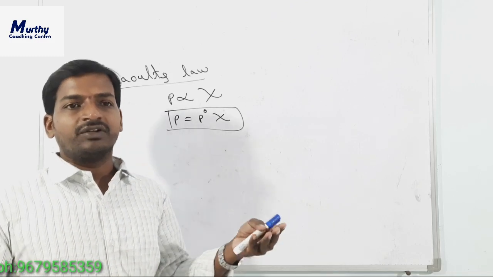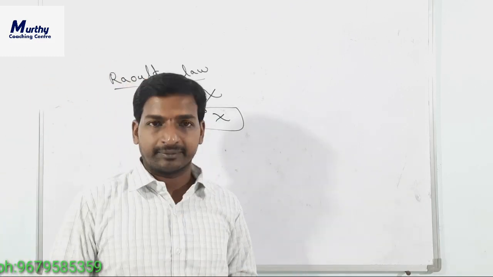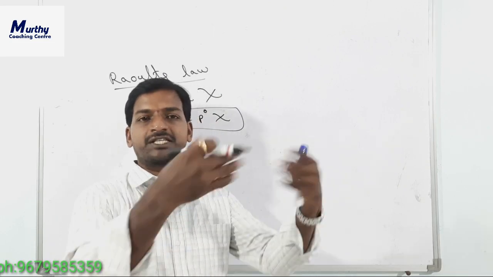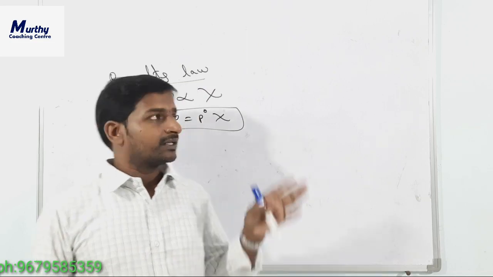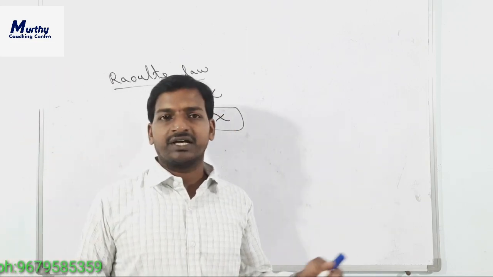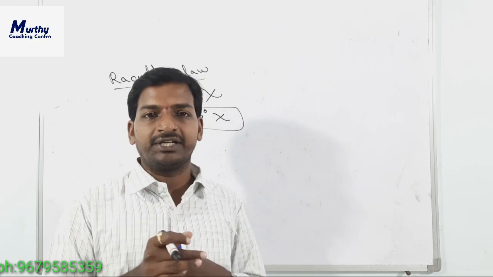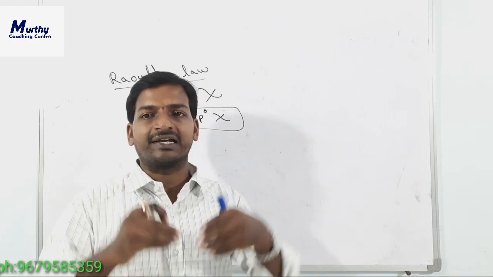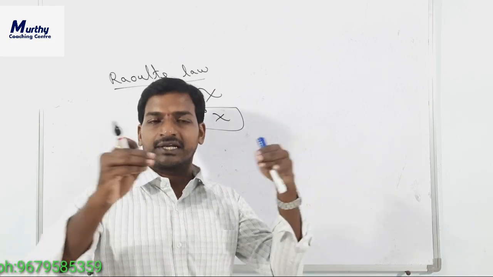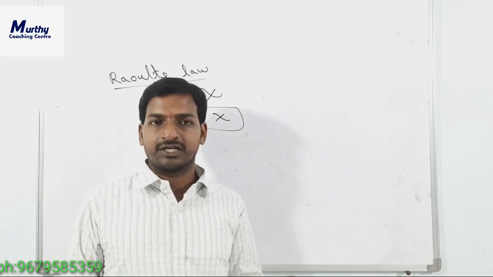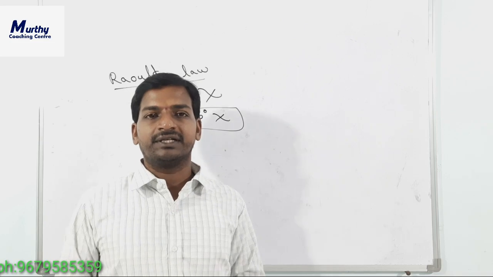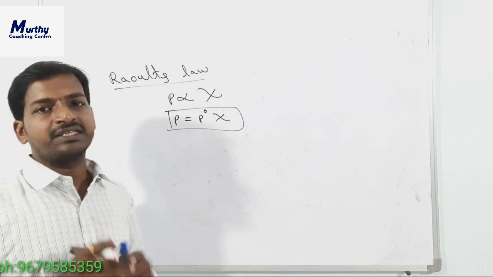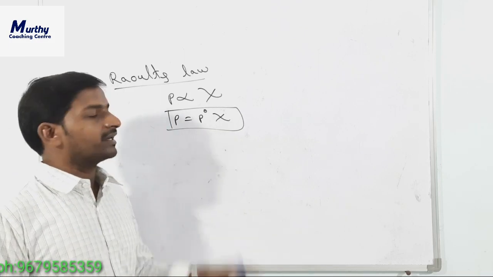Means, when we dissolve any gas in water, how much it is soluble, that is explained by Henry's law. Raoult's law explains the solubility or miscibility of liquid in liquid. When we are mixing ethyl alcohol and water, whether they are soluble or insoluble, miscible or immiscible, that condition is explained by Raoult's law. So that's why Raoult's law is a special case of Henry's law.